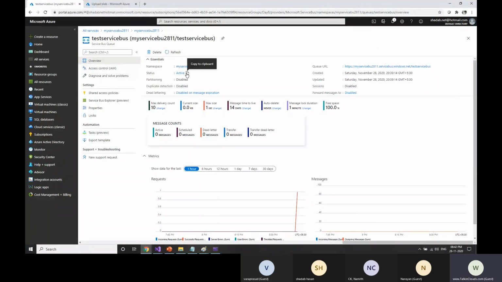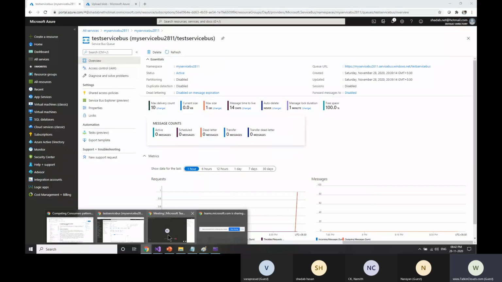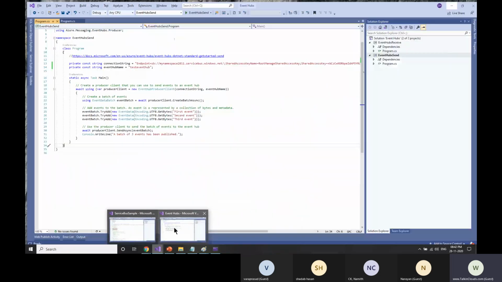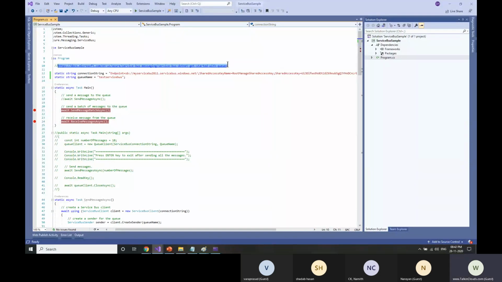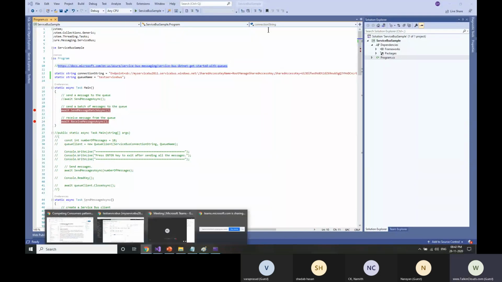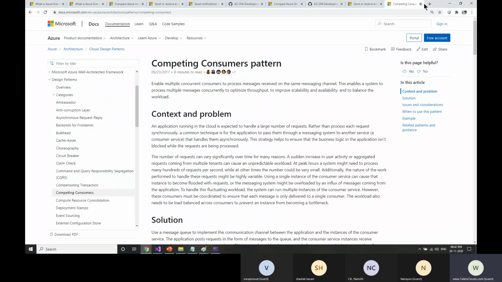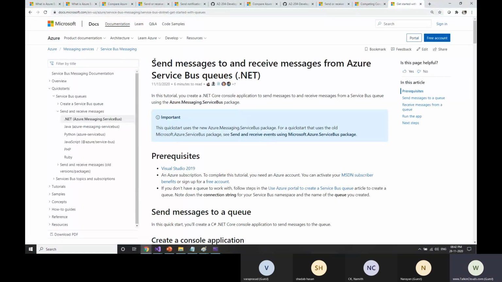It's simple to do. For this code, you can go ahead and use the code available here in the Microsoft documentation. You can refer to it and try to test it. Send a message and receive a message from the service bus queue.